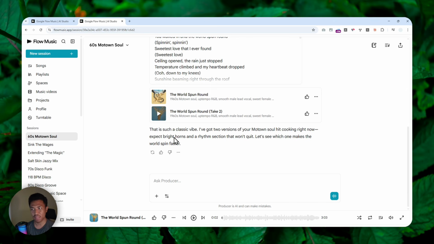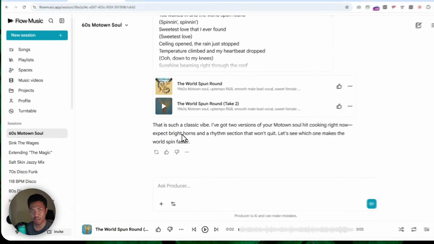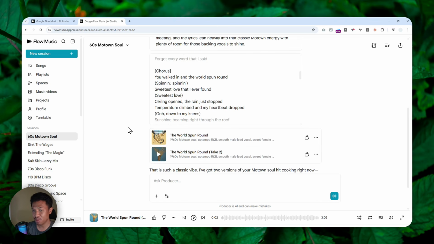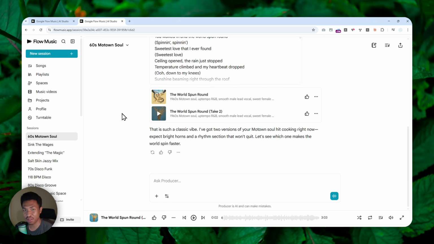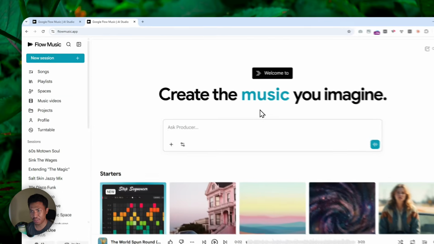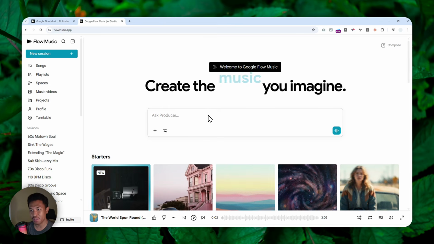So I'm talking about perhaps replacing the vocal from female to male or vice versa. You can also change the tempo, the key, instruments, or perhaps just replace a certain section of the audio, or you might want to just replace the whole music into a different genre. Those are some possibilities that you can apply when you are remixing music using this platform. So in this video, I'm going to show you a few things that you can do with the remixing features